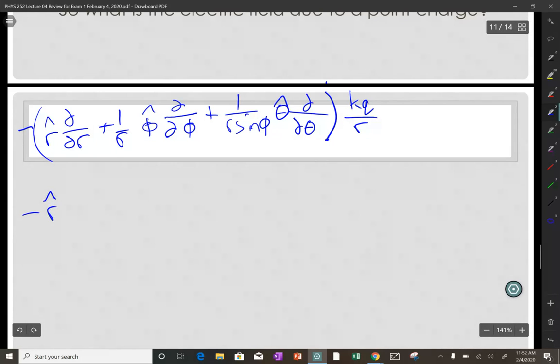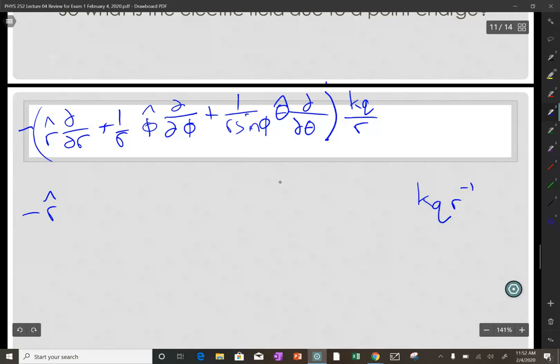And then it's the partial derivative with respect to R of KQ over R. So that means that theta and phi are constant. If you're taking the derivative with respect to R, and theta and phi are constant, what's the derivative with respect to R of KQ over R? It's R to the minus 1. So that's going to be